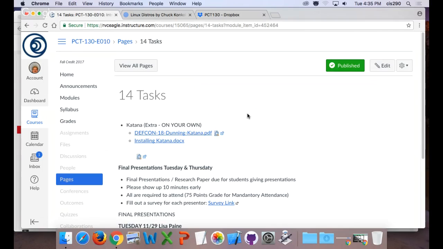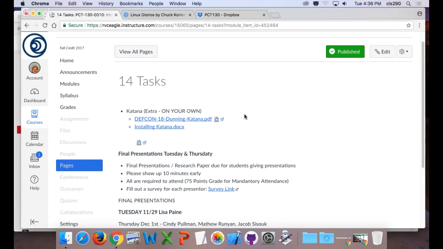Week 14, I'll be giving you a copy of Katana, which is a Windows distro on a USB drive with hundreds and hundreds of security apps, they call them portable apps, basically, chock full of them. I'll give you the data for that on a DVD, and you can burn it onto a USB drive. But I'll be giving it as a handout that night.